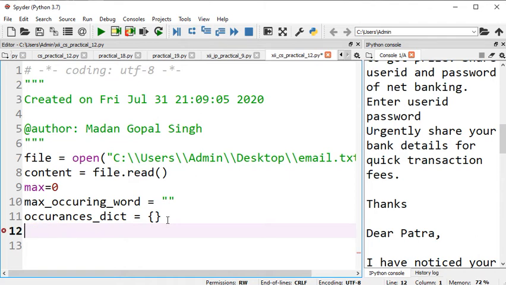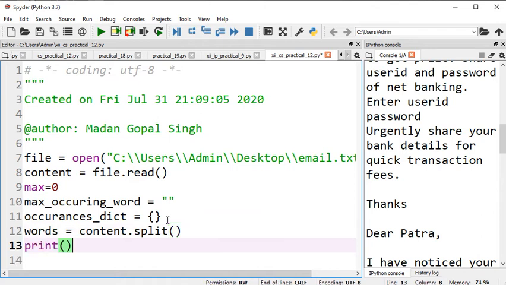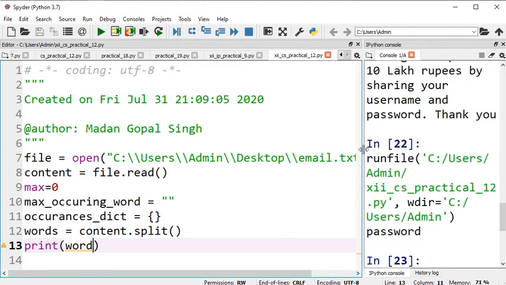Before that we need to split the content. We need to get the content word by word using the split method. We can get the list of words of the file using the content string variable and the split method. It will by default return the list of words of the file content, and you can print this list to see how it looks, which will help you understand it.